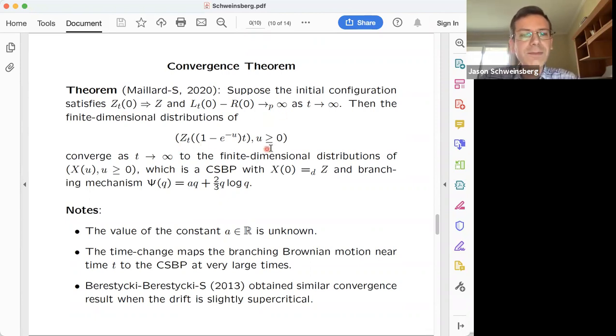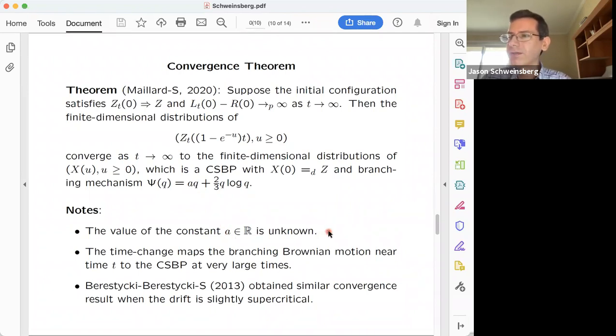And then the finite dimensional distributions of these processes zt converge as t goes to infinity to the finite dimensional distributions of a continuous state branching process with branching mechanism a times q plus 2/3 times q log q,